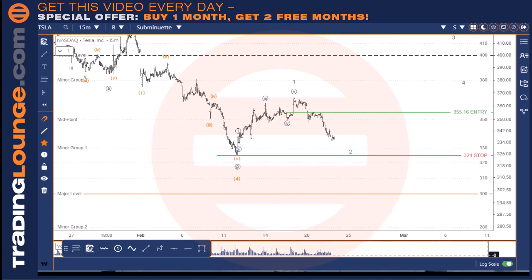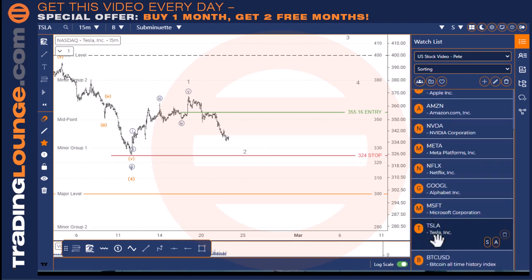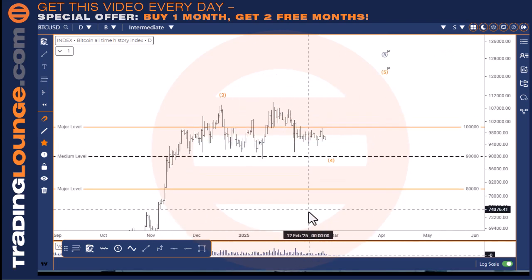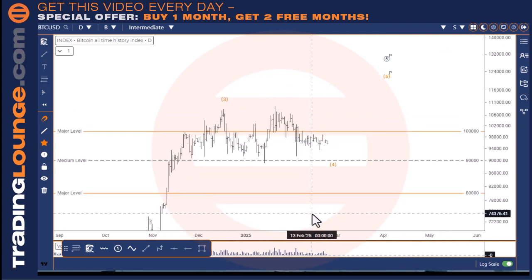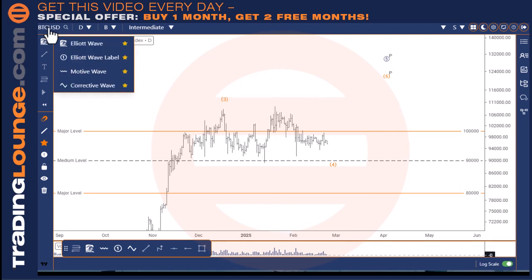Okay. So let's cruise along to Bitcoin. This is a daily chart for Bitcoin, and I just want to talk about this, and I want to have a look at a couple of other markets as well. So with Bitcoin here, we have made a new high here, right? But if we look at